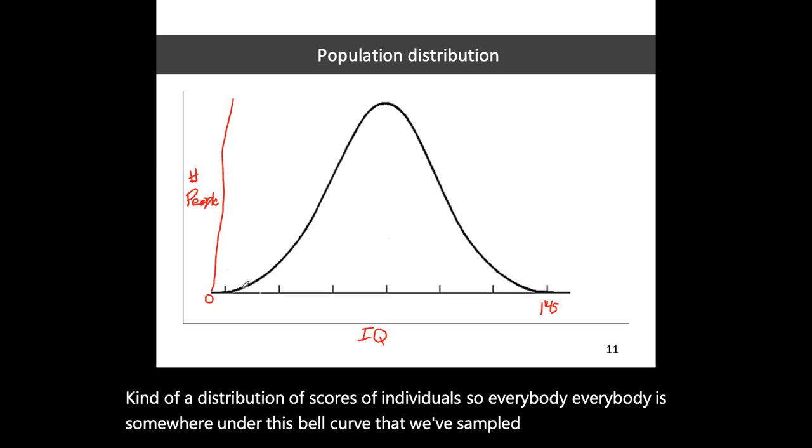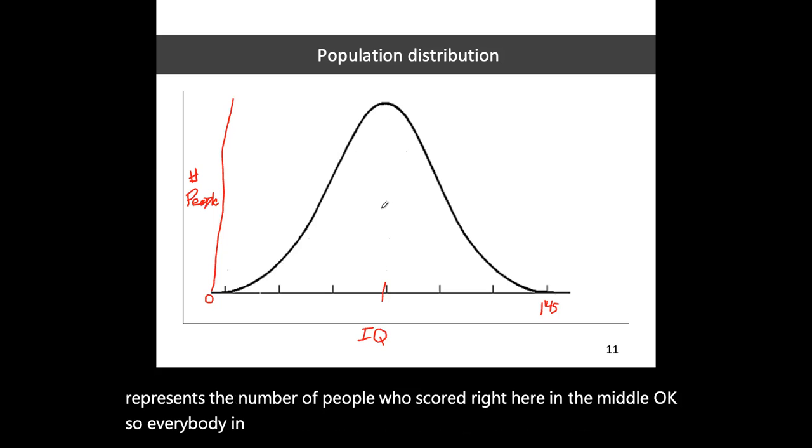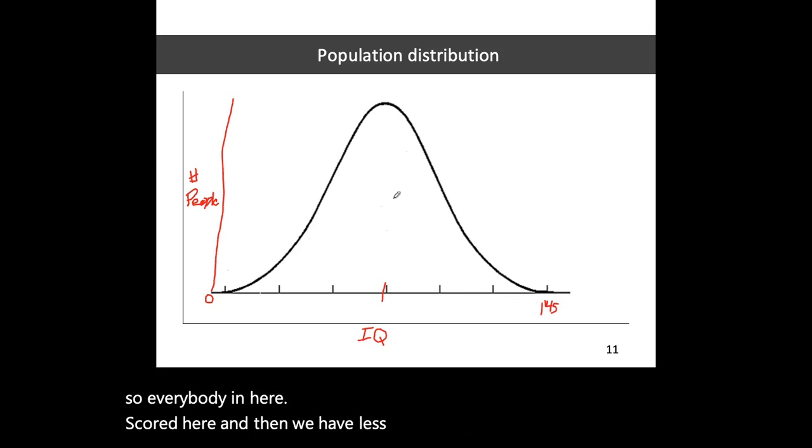This represents the number of people who scored right here in the middle. Everybody in here scored here, and then we have fewer people scoring up here and fewer people scoring